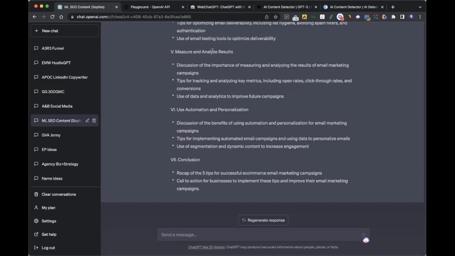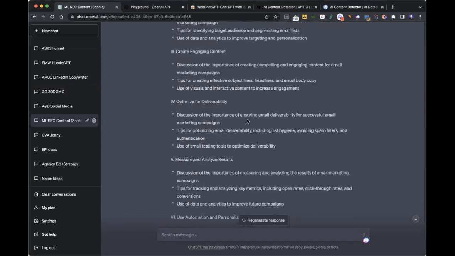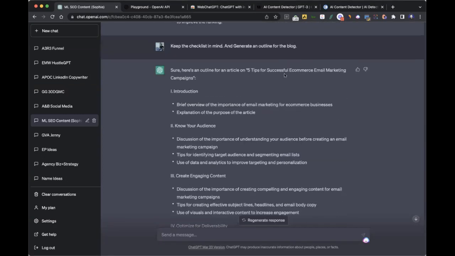Maybe I don't like the outline, right? So here it says 5 tips for successful e-commerce email marketing campaigns. It's sort of a generic blog, right? I'm going to change it to, let's change the topic to 5 tips for successful email marketing